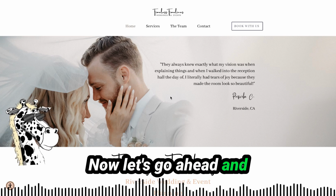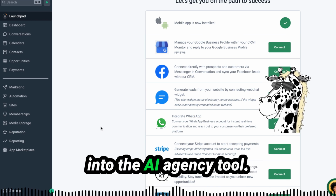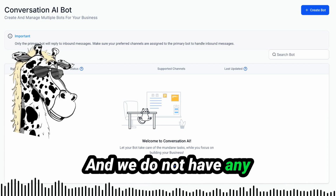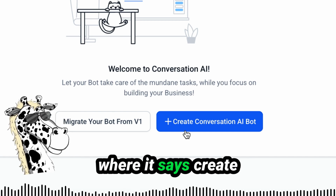Now let's go ahead and set up a chatbot for Timeless Timelines. Make sure you are logged into the AI agency tool. We're going to go down here to settings, and then we are going to click on Conversation AI. And we do not have any chatbots in here yet. You can either click right here where it says create chatbot, or come down right here where it says create